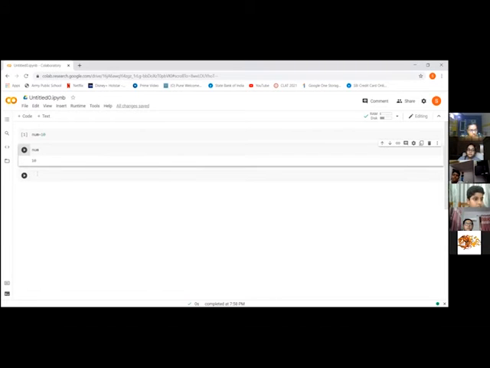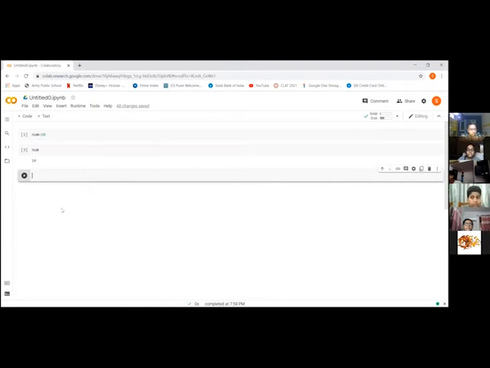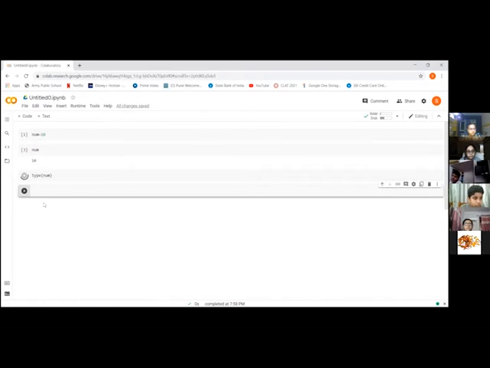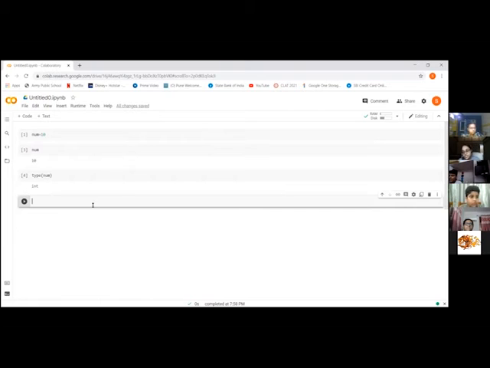You can also check the type: write type, and in the brackets write num. So this is integer type, right? That's what we have learned.